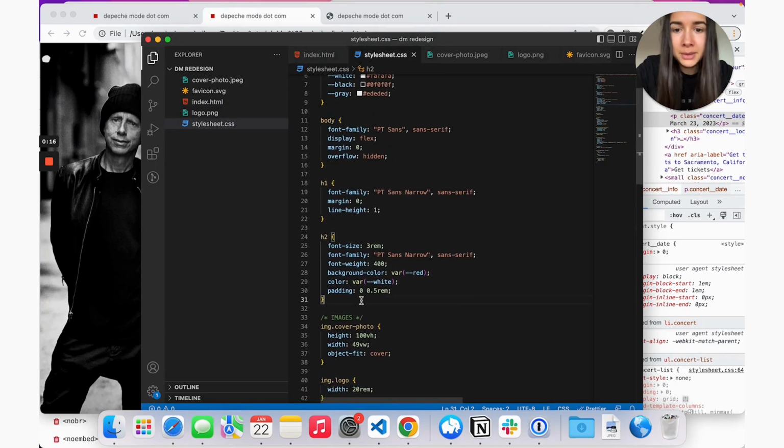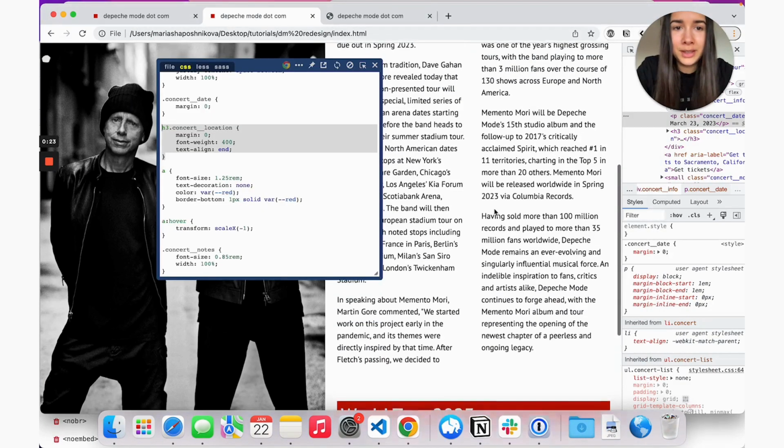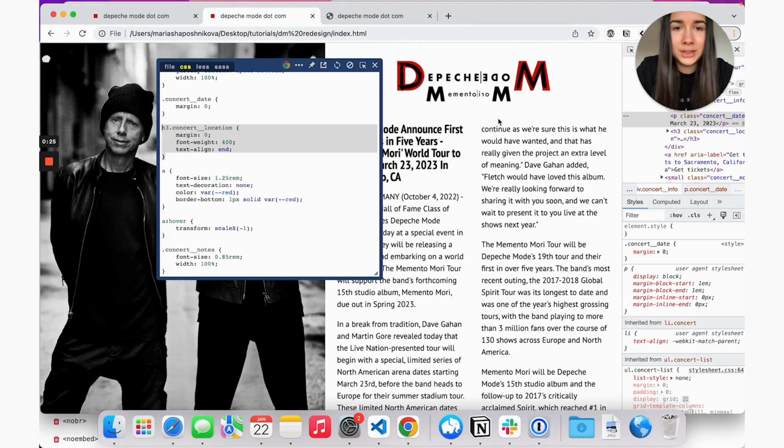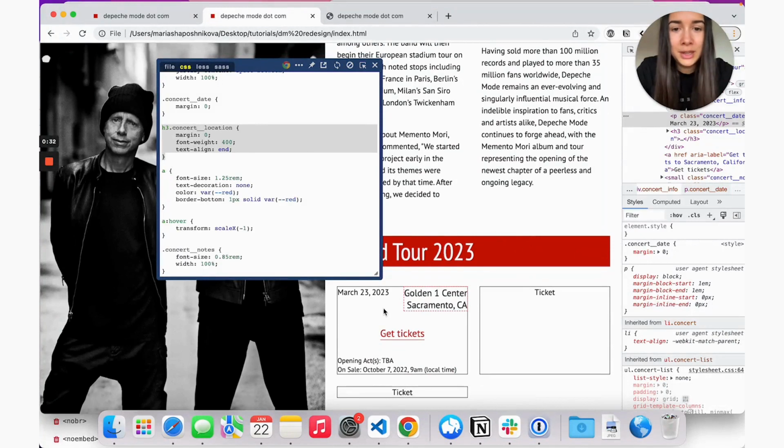And actually, you probably could just leave it as H3 without indicating that it's concert location. But just looking at this page overall, I know that visually, for me personally, it would be easy to remember that, okay, this was my H1 tag, this one was H2. But then I'd probably forget which element here did I target as an H3. So that's why I was more descriptive. But yeah, it's totally up to you how you want to organize this.